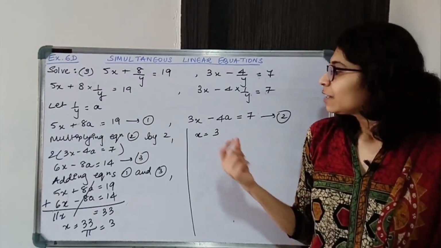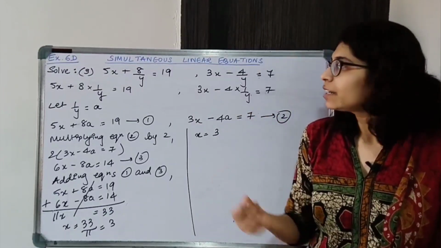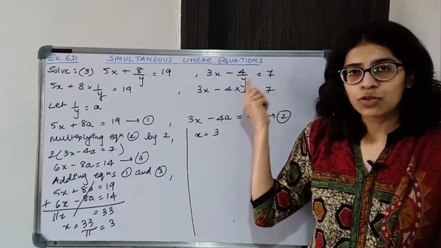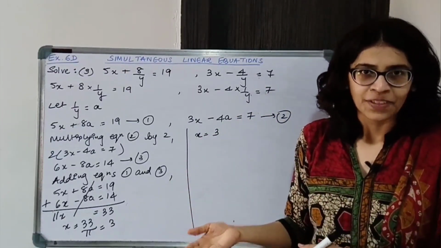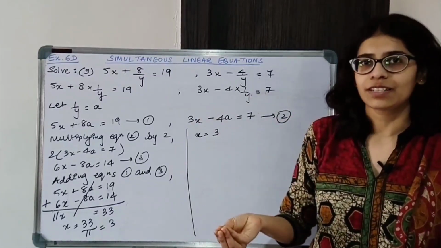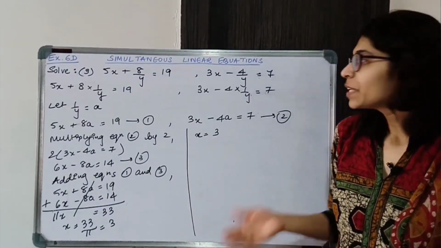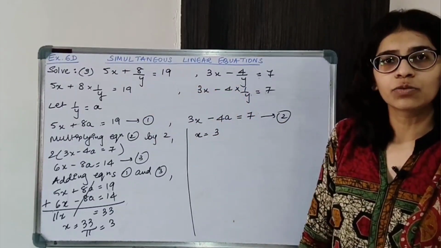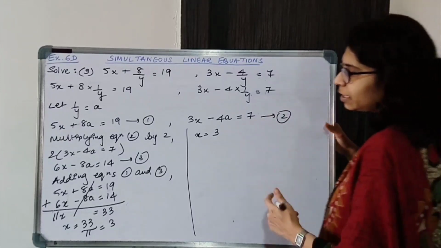We need to find the value of y. x and y are there in the original equation, so we can directly find y now. We don't need to find a. You can find the value of a and then find the value of y, but that will become a lengthy process. So why follow a lengthy process? Instead directly find the value of y. So you can consider equation 1 or 2. I'll be considering equation 2.